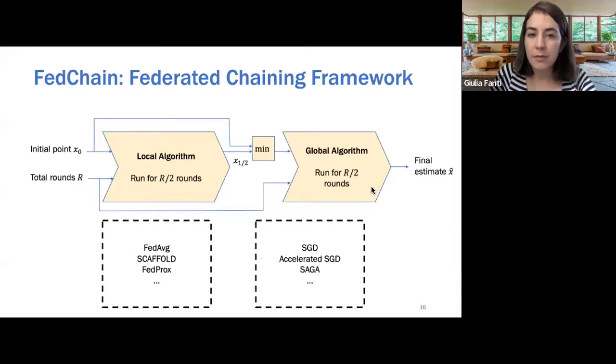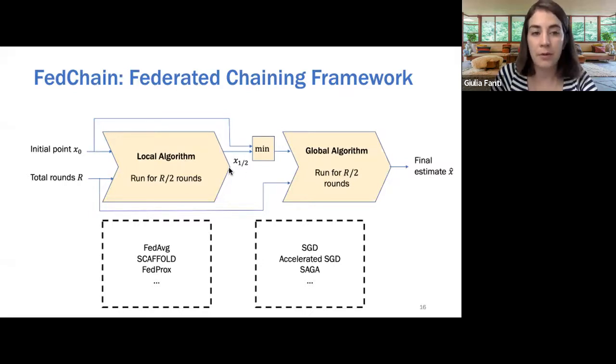And in the second portion of the optimization, we're going to run a global algorithm. Again, here you can choose whichever one you want: SGD, accelerated SGD, Saga, and so forth. And here, a small detail is that in between these two, in between the local and the global algorithm, we're